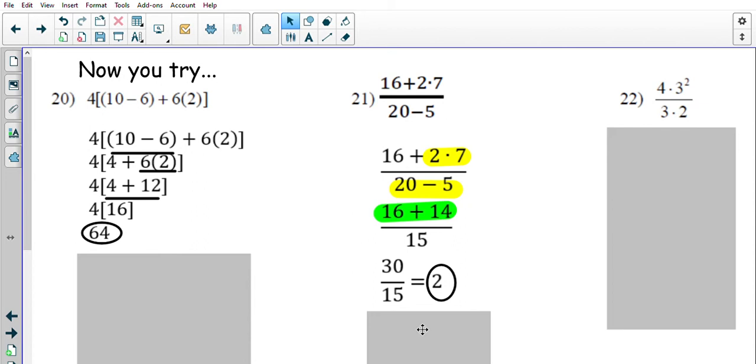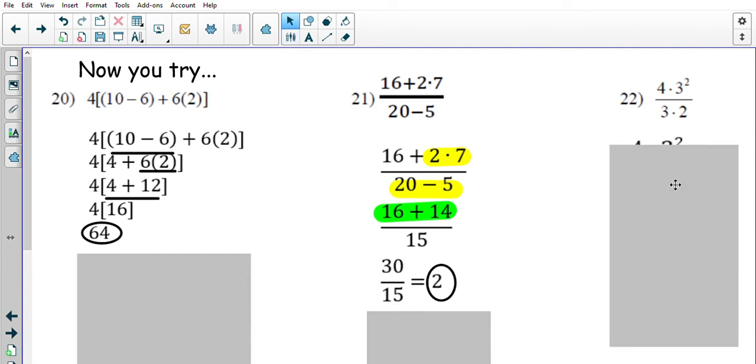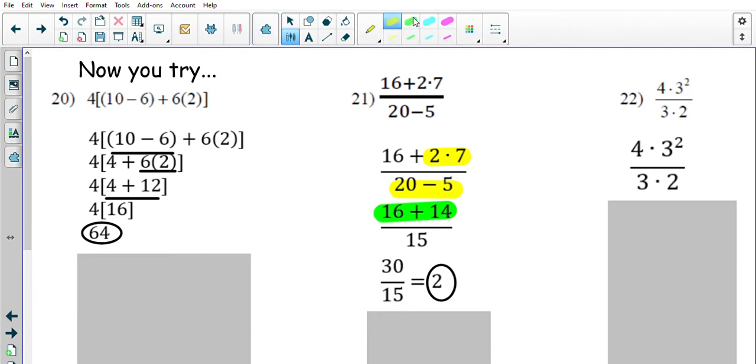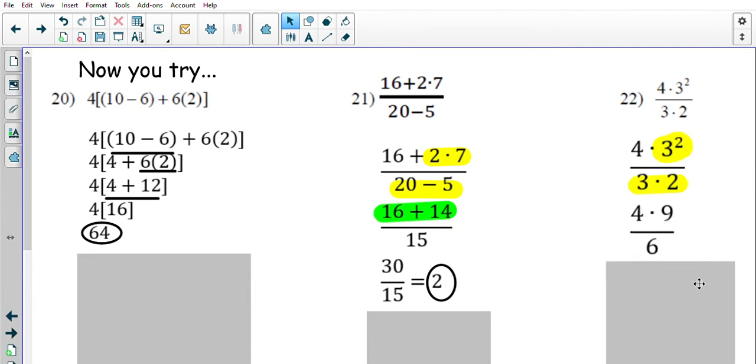All right, so number 22, we're throwing in some exponents here. We've got 4 times 3 squared in the numerator or top, 3 times 2 in the denominator. So first thing I would do is do that 3 to the second power, which is 9, not 6. I would also do the denominator as well, which is 3 times 2, which is 6. So I've got 4 times 9 on the top, 3 squared is 9, 6 on the bottom, which comes from